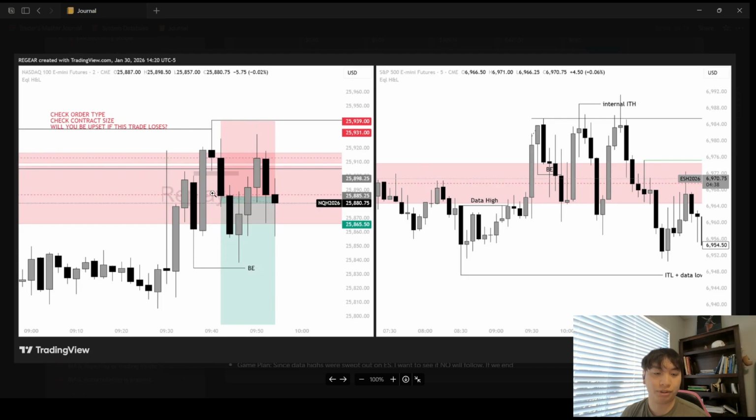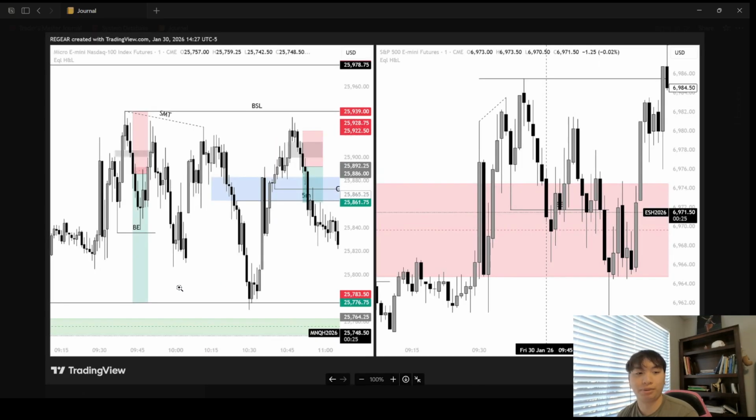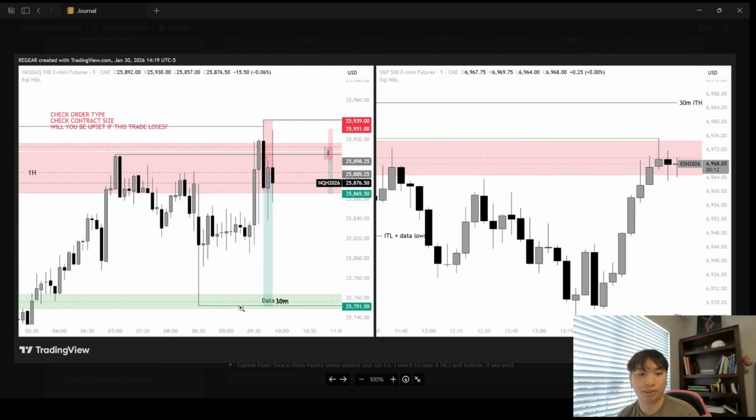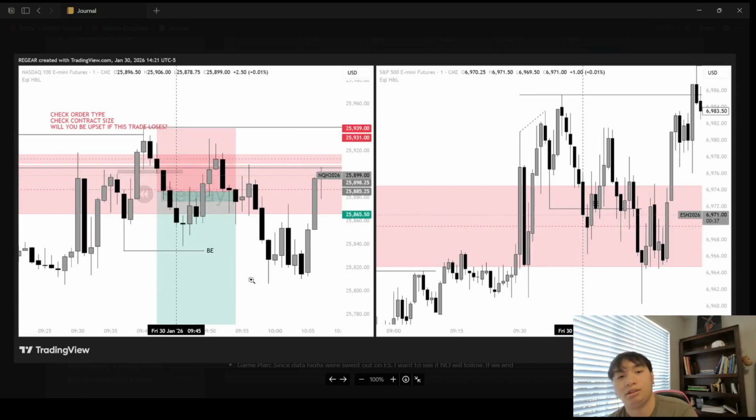So we entered off of here, and then our target was basically buy side liquidity all the way down here towards the data lows and all this low resistance liquidity right here. So what happened? Basically, I went break even here because of this 1-minute intermediate low. And then as you can see here at 9:45, ES ended up sweeping it early, creating this short-term SMT. And so I said, okay, cool, we'll just move our stop to break even. And then unfortunately, we got stomped out.